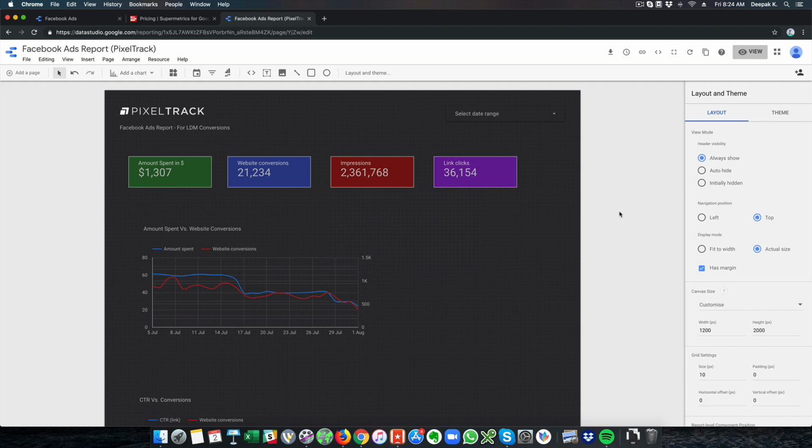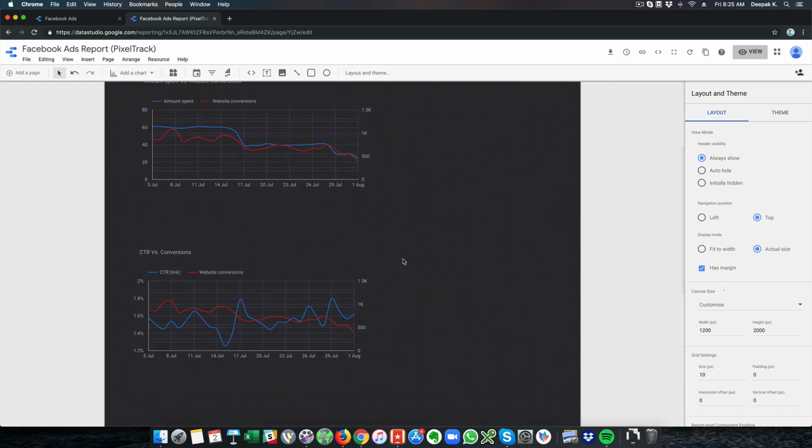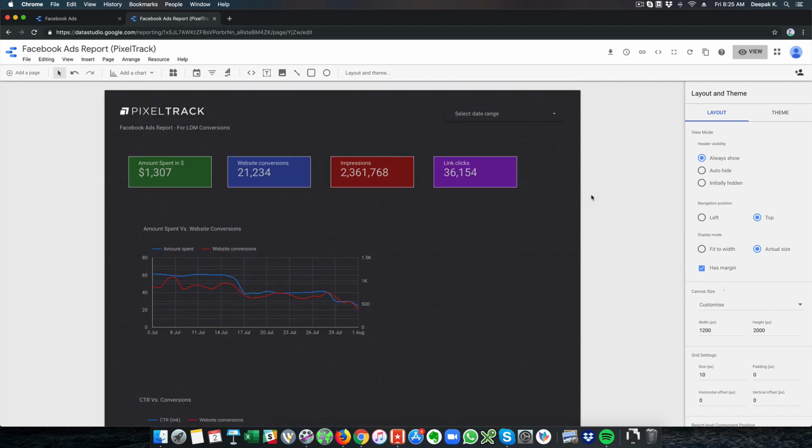So I hope this video helped you understand how to use Google Data Studio for Facebook. And if you want to use Google Data Studio for something else, you can use it for Google Ads as well. It's very similar. For the connection, you don't even need Supermetrics for that. You can also use Google Sheets as a database and use the data in that to go ahead and create Data Studio reports. So I hope this was very insightful and very interesting, and I wish you all the best to go ahead and create your own beautiful report.